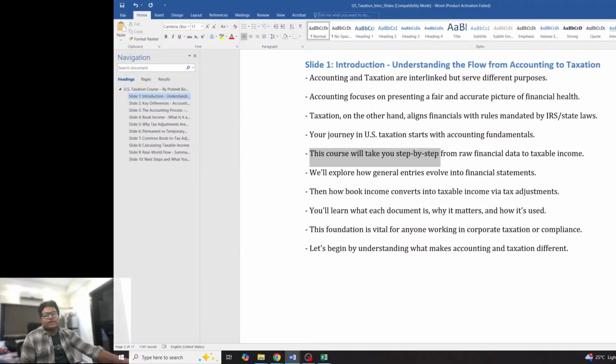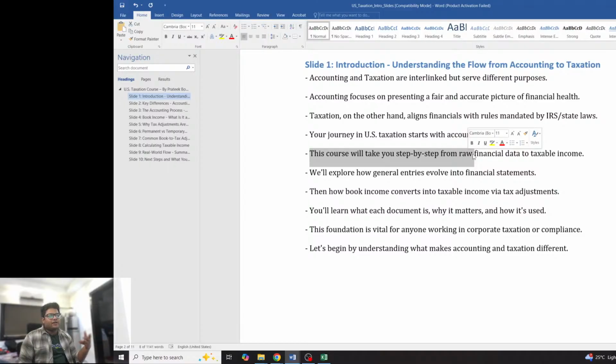Now this course will take you step by step from raw material, like whatever we get. For example, we might get transactions, and we'll give you a basic understanding of how accounting works and how that gets transformed into something called a PBC. PBC is where your client provides you a trial balance account. If you are working in tax, generally the first source document we get is the trial balance, and through that we get into much more detail.